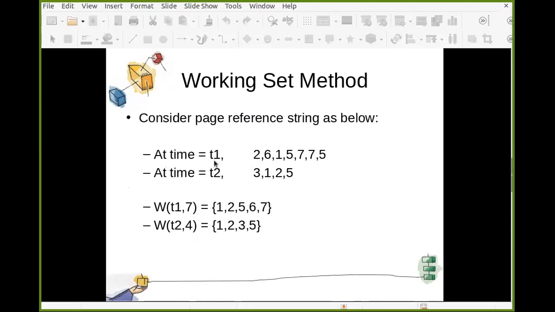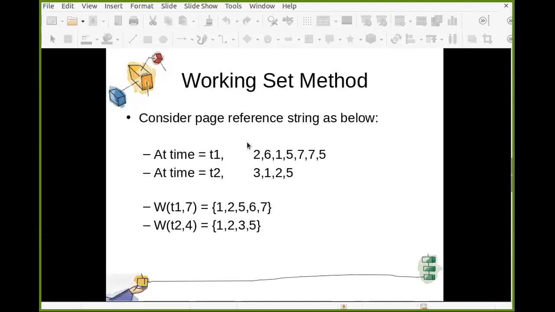Now this time unit is not actual time, it is virtual time. Every page reference increases your time unit. Whenever a page reference happens, that is one virtual time unit.